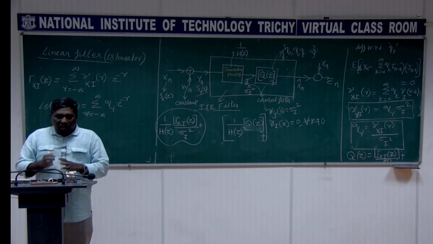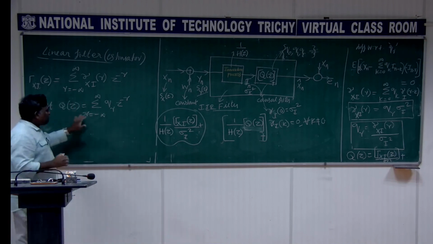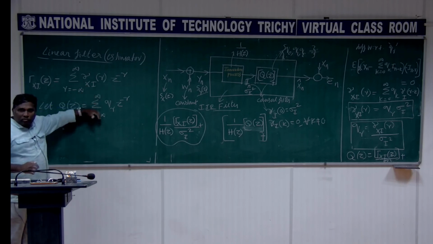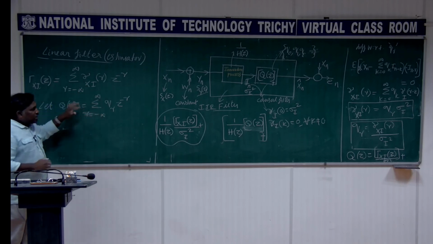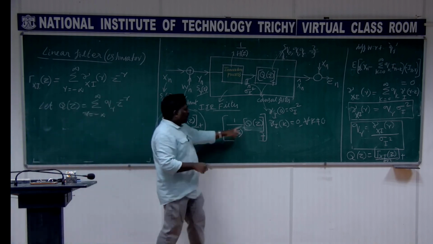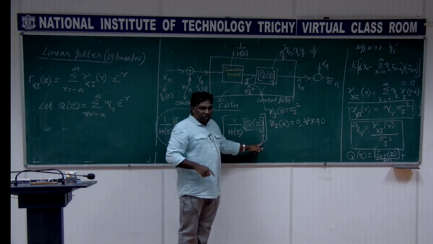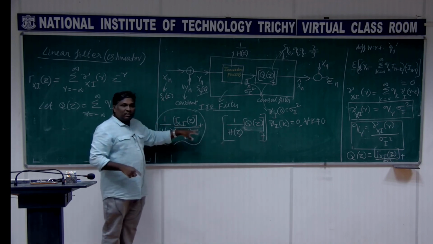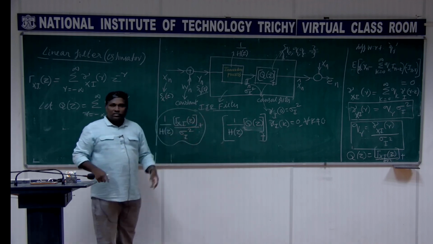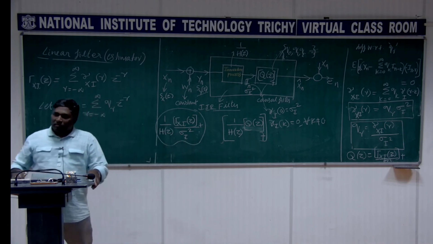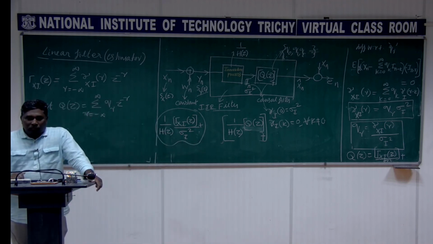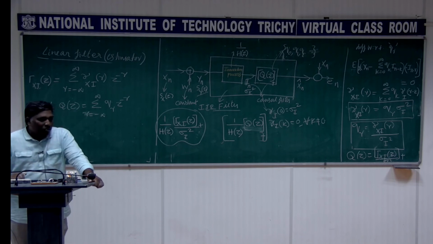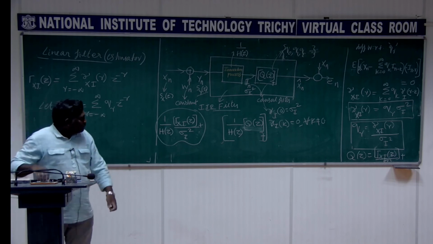Instead, what I do is I define q of z in this form, which runs all the way from minus infinity to plus infinity, not from 0 to infinity. If that is the case, then I rewrite this expression as: q of z, the causal part. This q of z I am writing as gamma xi of z by sigma I squared, which is already known to us. But I want that answer in terms of q of z.